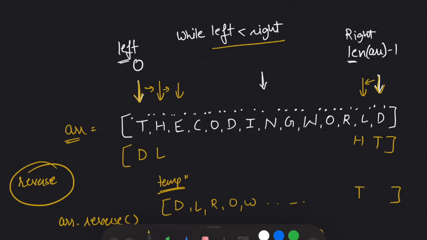So my left pointer is pointing at E and my right pointer is pointing at R. Again I will swap R and E. Now again my left pointer will come at C and my right pointer will come at O. Again I will swap O and C. Now my left pointer will come at O and my right pointer will come at W. And now I will swap both of them.